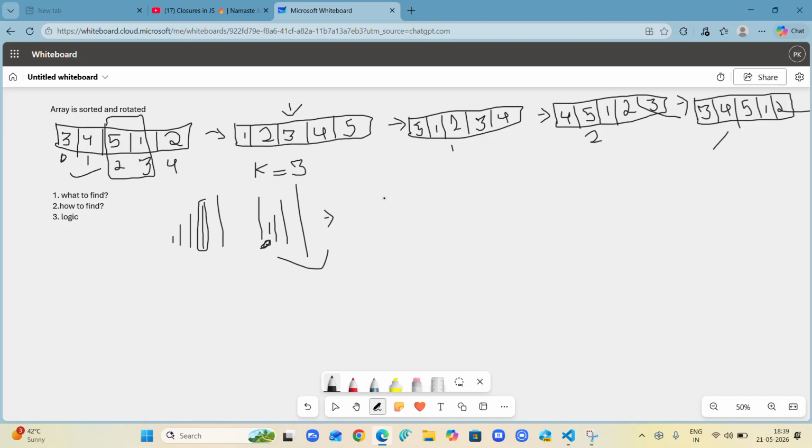The logic we got is that the sequence will break at only one position. Sequence breaks at only one position.